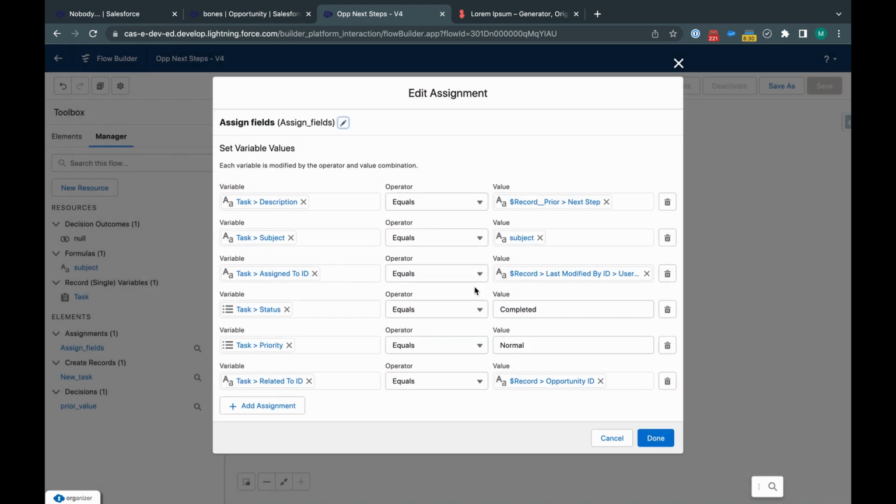So after you set that up, you're going to want to assign the task to the last person that modified it, and then the status you can set to completed. This is the assumption that you're updating the next step field because that step that you're deleting from the next step field was already completed, and you're going to set the priority to normal or whichever one fits your need. The related ID you're going to set to the ID of the opportunity